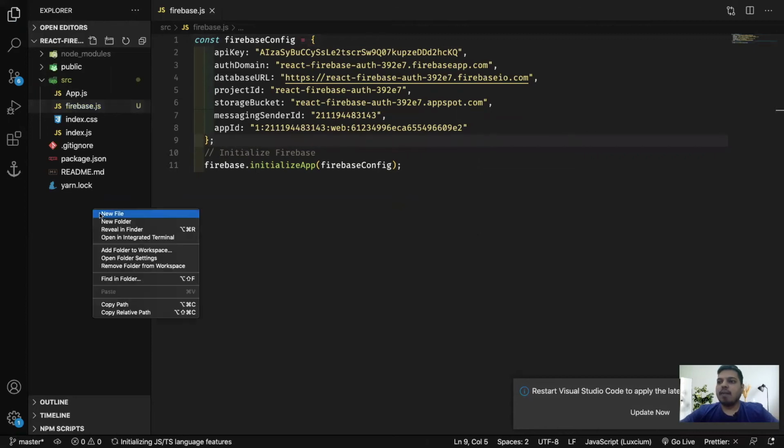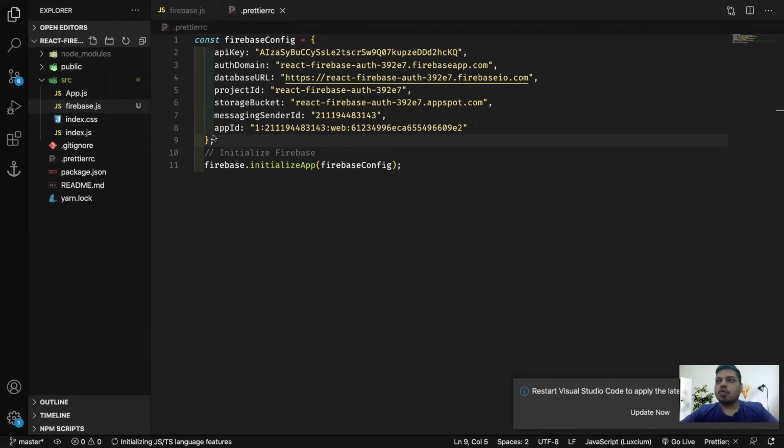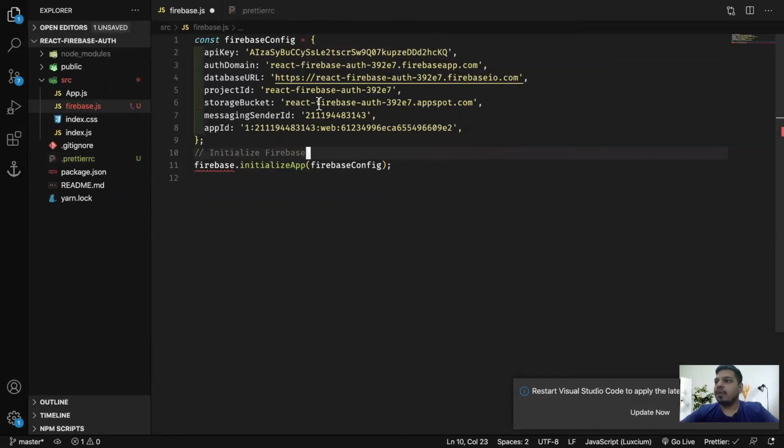And let me just add my .prettierrc file as well. By the way, I have configured my Visual Studio Code to identify the prettierrc file. If there is one, then my code will automatically be prettified on save. So I also use this setting, singleQuote equals true. And if I go here and save, it will automatically prettify my code for me, right?